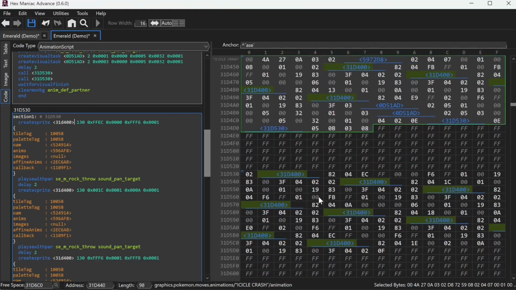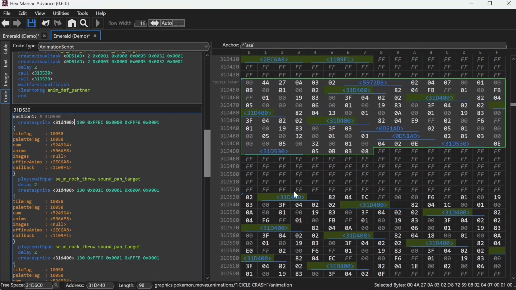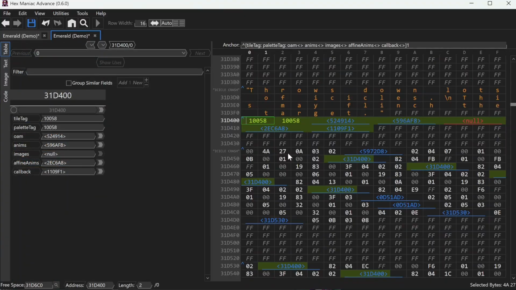Okay, I think I got all of them. So Rockslide has 1,000 falling rocks, and we can change these two numbers so that the falling objects are icicles instead. I put the new sprite at index 293, so I'm going to change these tags to 10,293. This time for the OAM pointer, we don't actually have to change anything, because both an individual rock and an individual icicle are 32 by